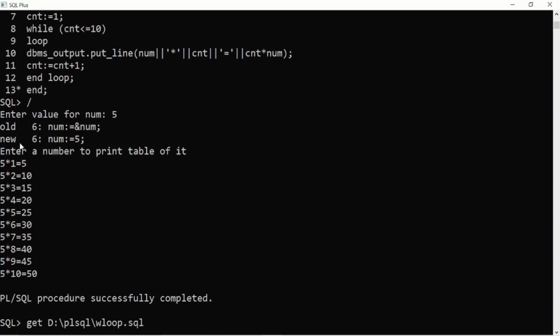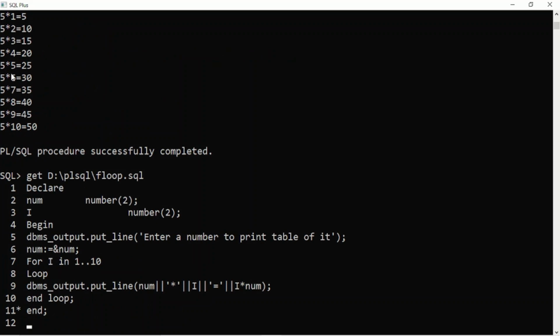Similarly, we'll do the same printing of the table with the help of a for loop. It's very simple. Declaration section, num to read the number for printing the table.